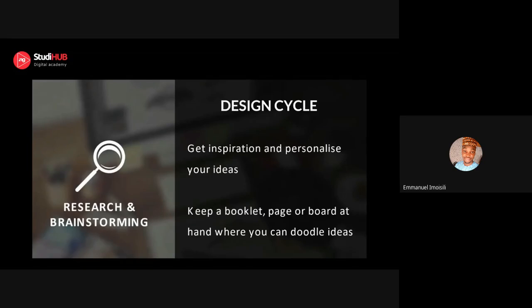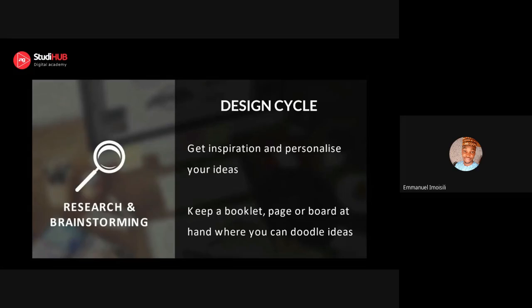You have your digital doodles and your paper and biro sketch-outs or doodles. I personally prefer using paper and pen. You have to have a booklet whereby you sketch your ideas, you sketch your inspiration,